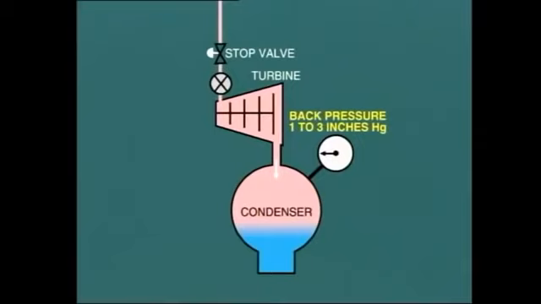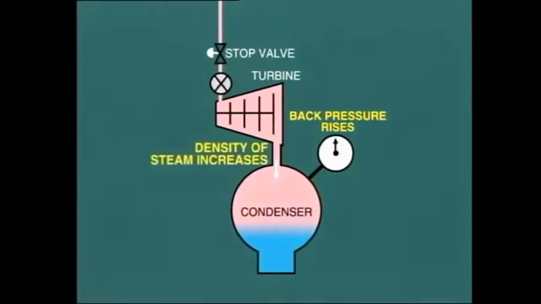Now imagine what would happen if the back pressure started to rise, perhaps due to a large air leak into the condenser, or more likely a reduction in cooling water flow through the condenser. Now remember, as the back pressure increases, so does the density of steam at the turbine exhaust. With a back pressure of 10 inches, the density would be about 9 times greater than the density at 1-inch